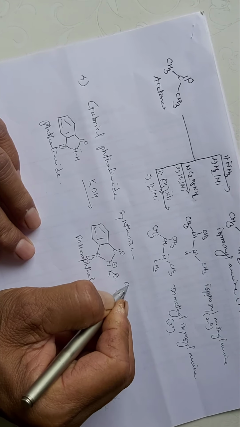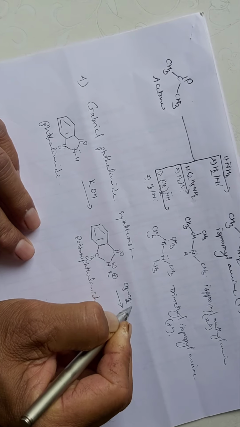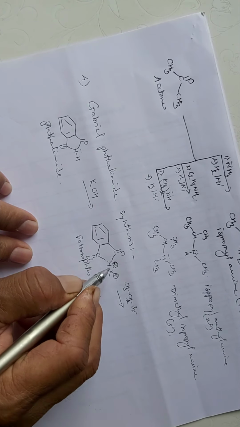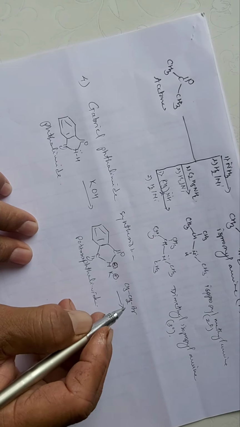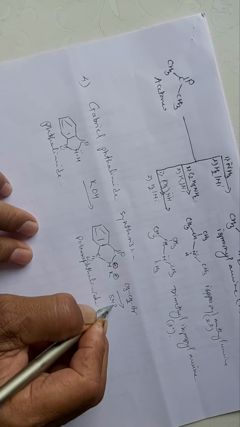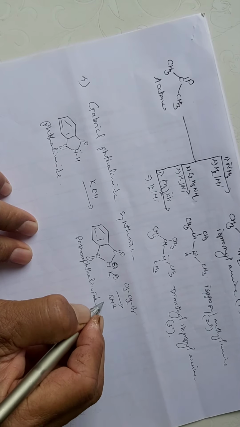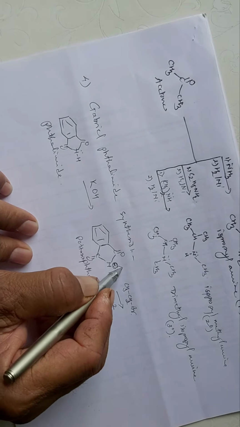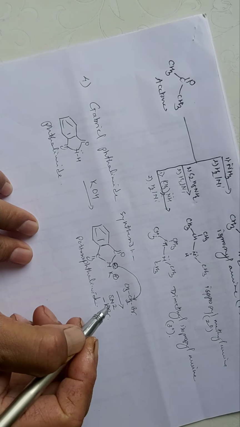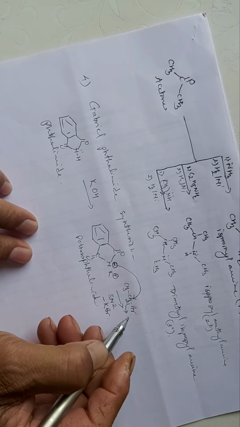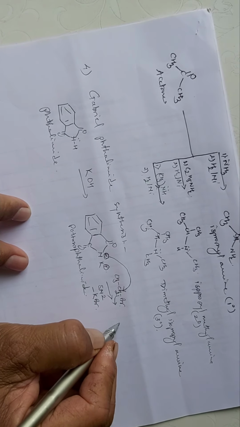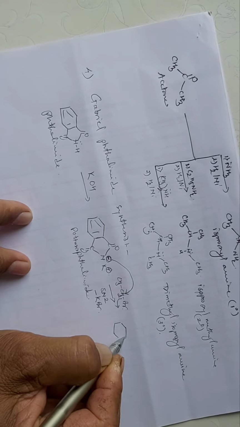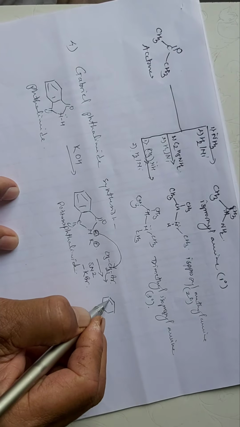Alkyl halide, that is your CH3CH2Br. Now here this is a nucleophile, and so this salt reacts with the alkyl halide, so it undergoes a substitution nucleophilic bimolecular SN2 reaction, and so minus KBr takes place, means K plus and Br minus. So this nucleophile will attack on the CH2 carbon, and the Br will be given out, and you will get the formation of N-alkyl phthalimide. So the N-alkyl phthalimide is obtained as a product.